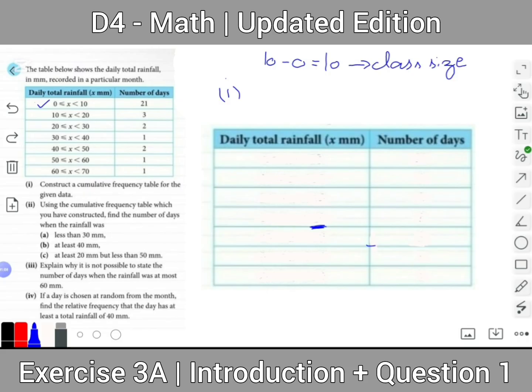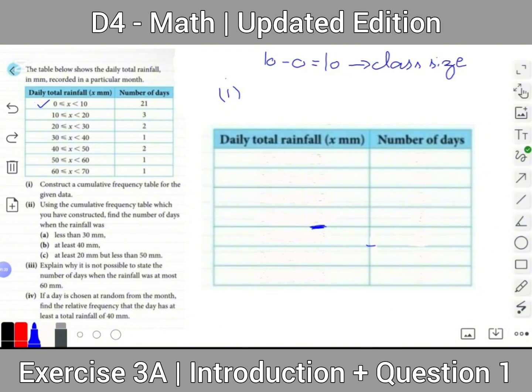So there is a difference of 10 millimeters for 0 to 10, 10 to 20, 20 to 30, 30 to 40, 40 to 50, 50 to 60, and